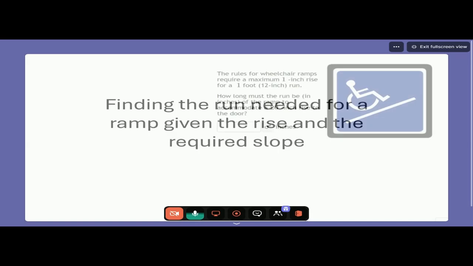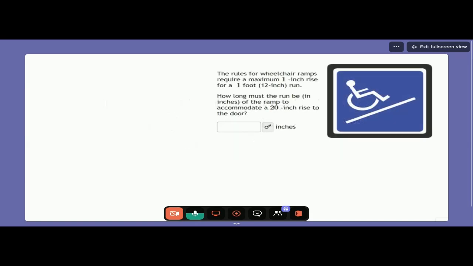So here's the question. The rules for wheelchair ramps require a maximum 1-inch rise for a 1-foot run, and then our little reminder there that 1 foot is just 12 inches. How long must the run be in inches of the ramp to accommodate a 20-inch rise to the door? So the door is 20 inches above the ground. We want to build a ramp that gets up to that door, and we want to make sure that it's